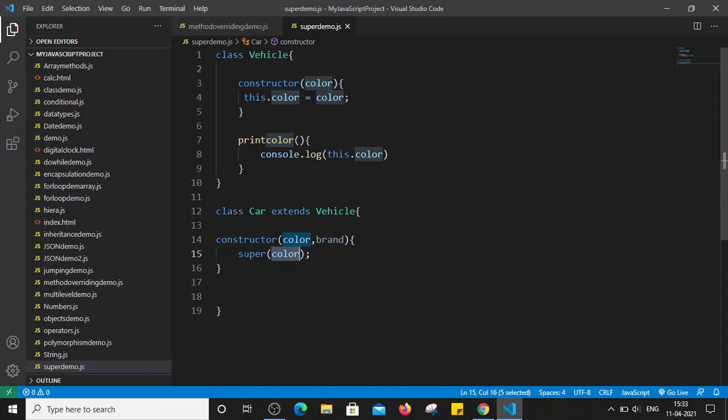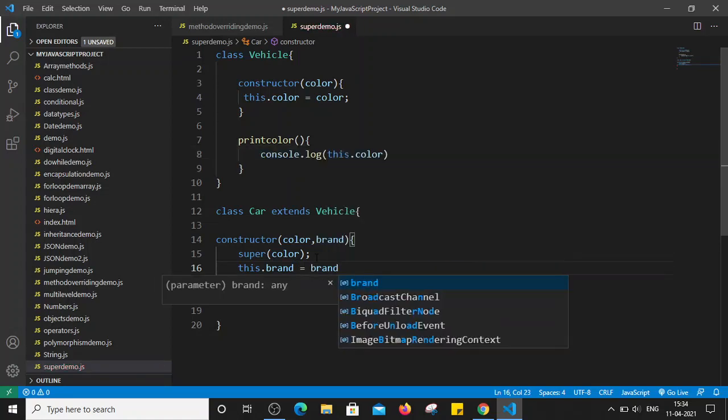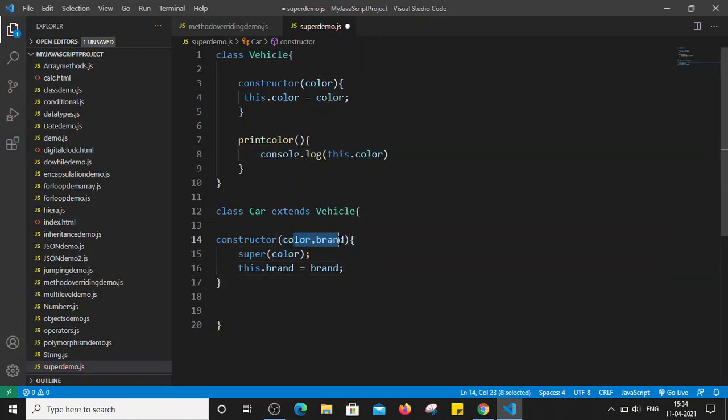Whenever the constructor of the Car class is invoked and we are passing the color parameter, we are passing that parameter in the super method, and the super method will refer to the parent class, that is class Vehicle, and it will pass that color value to the constructor of the parent class, right? So similarly, we can also create one variable, that is this.brand, because we have not created this variable anywhere, right? So this.brand is a variable specific to class Car. So this.brand is a class variable, and we are assigning the value which we are getting as a parameter in the constructor. So this is the local value that we are assigning to the class variable of the Car class, right?